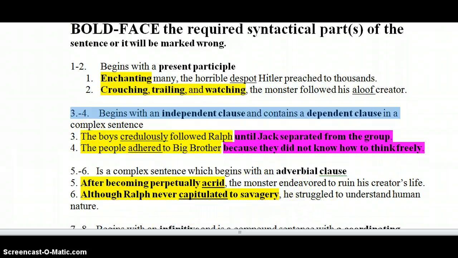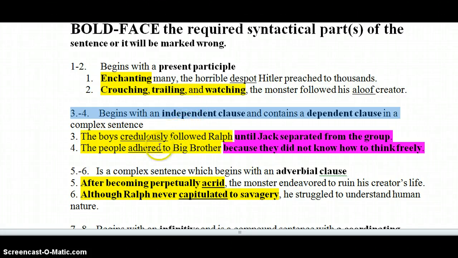I've highlighted the key parts of each sentence. So with the present participle, again, we're looking at ing verbs. This student has 3 of them in a row, but they're very good sentences regardless of whether there's 1, 2, or 3. Okay. The second sentence, or second set, 3 and 4, begin with an independent clause and contain a